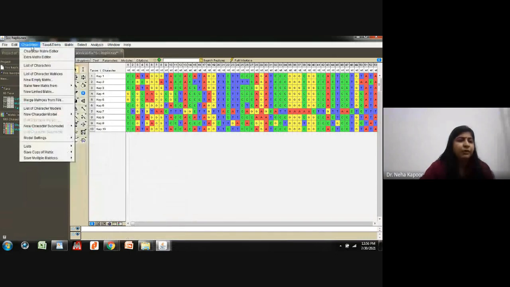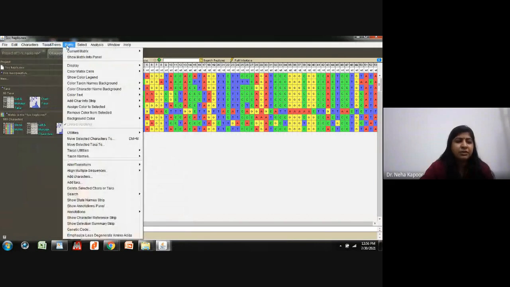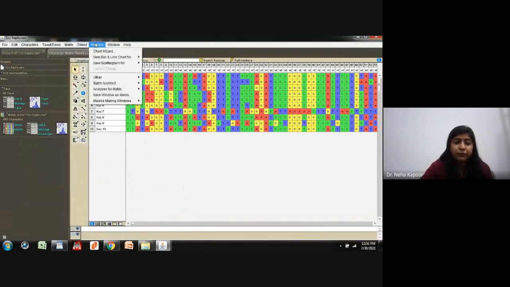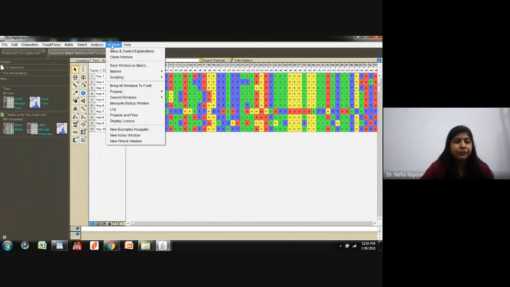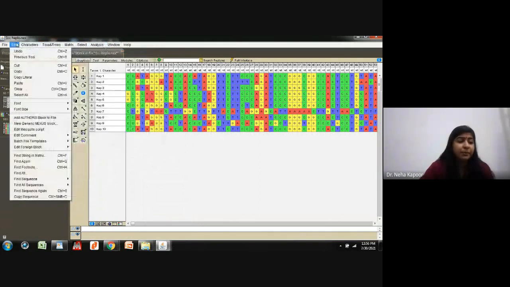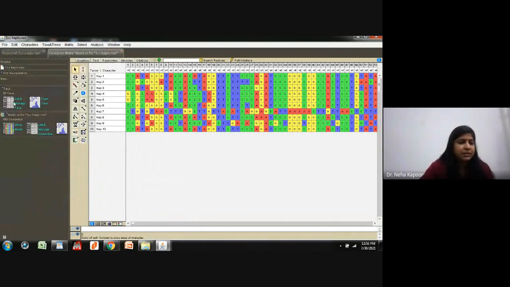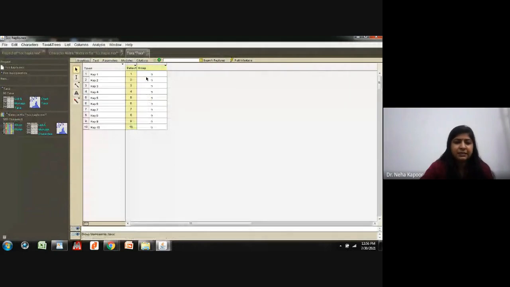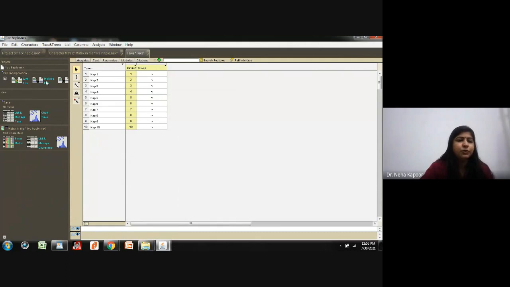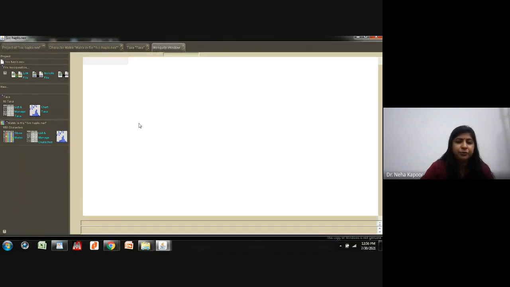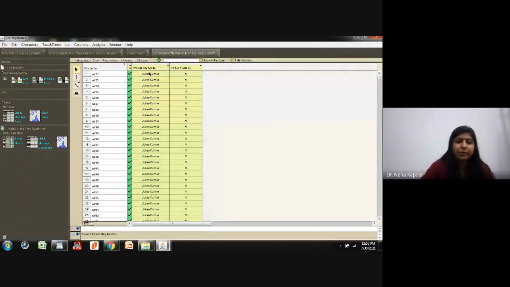If you want to analyze for characters, if you want to construct some matrix, if you want to go for analysis, you can do. So there are multiple options depending upon your requirement. You can directly go for it. This is the complete taxa list. Suppose you want two different files to be analyzed simultaneously, in that case also you can go for it. This is the complete probability model that is used at different positions for the alignment.